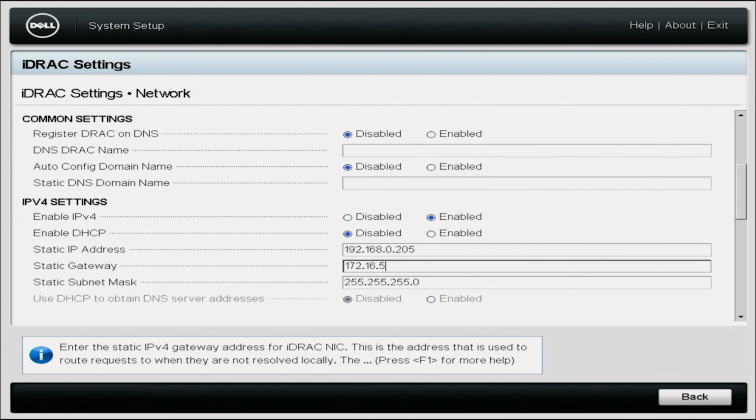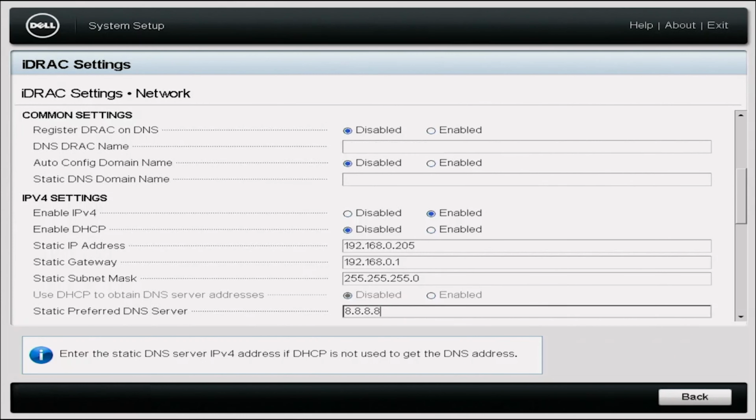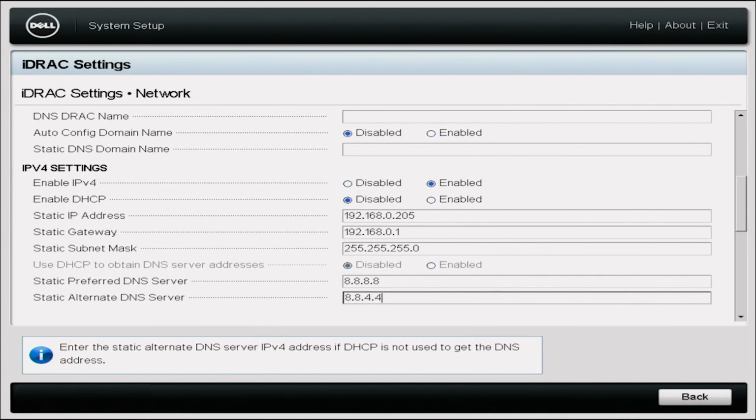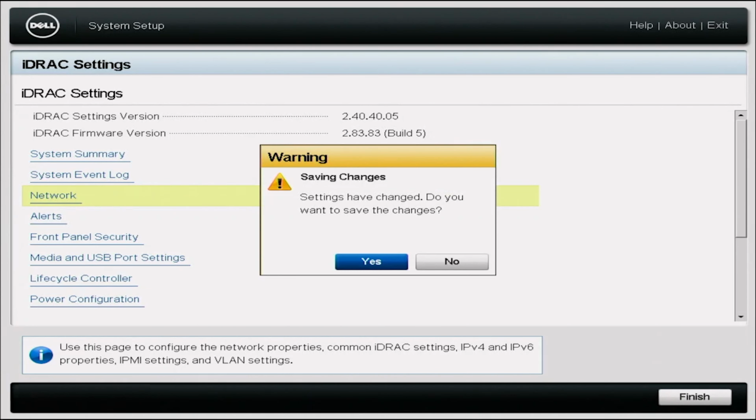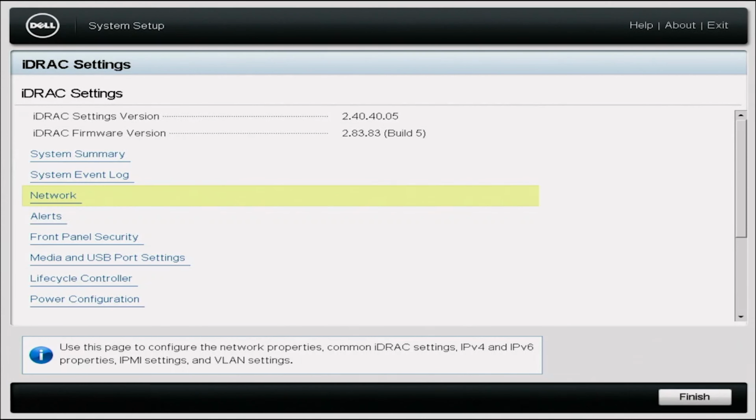Now the static gateway will actually be pretty similar, except for at the very end, instead of the 0.205, it'll be a 0.1. So we're going to type in 192.168.0.1, and the static subnet mask is actually going to stay the same at the default. You're just going to want to save your settings and reboot your server, and then your IP address will be changed and saved to